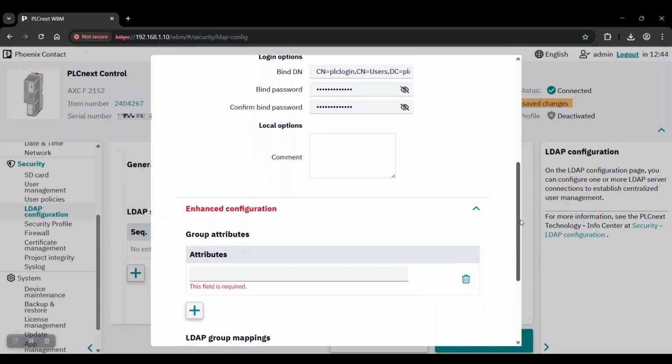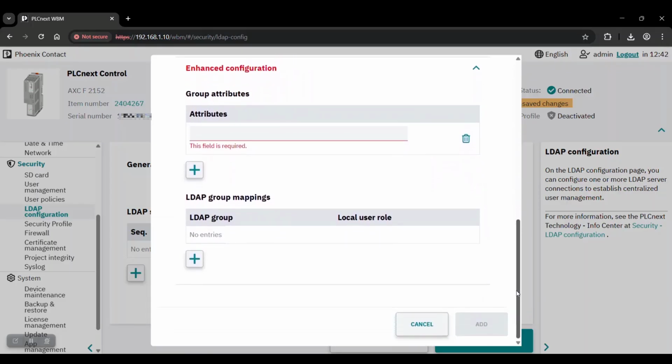In the Enhanced Configuration section, we can use the member of property of the Active Directory user to assign the role of the user on the PLC Next control device.